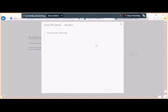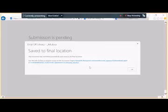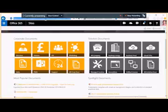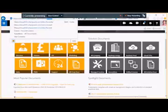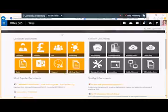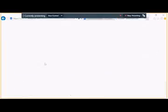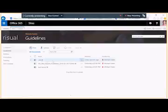And once I've told the record center about this content, this will now say, okay, I've changed where the content is, and I'm now going to file it under the guidelines area. I navigate off to Record Center. I can drop into the guidelines area. I can see that my content has been submitted as a record to this area. In the background,